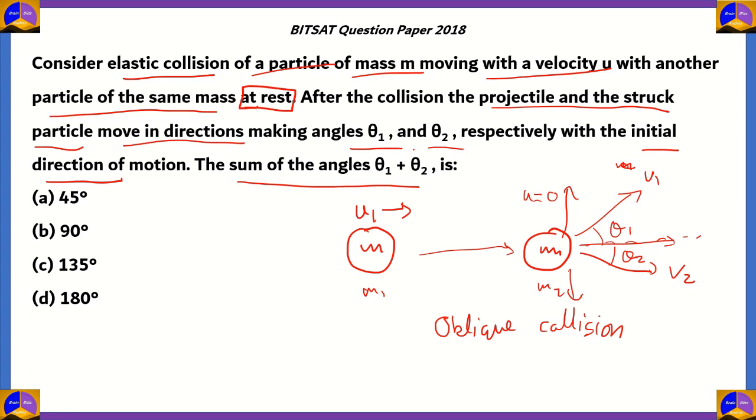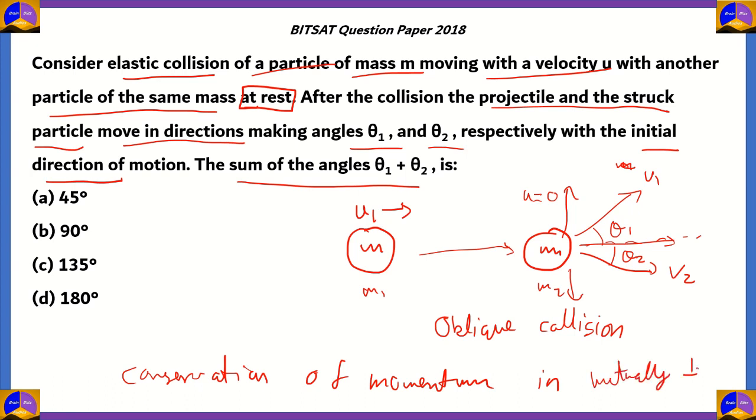Now let's apply the conservation of momentum in mutually perpendicular directions. So that means we're going to apply conservation of momentum for both the horizontal components as well as the